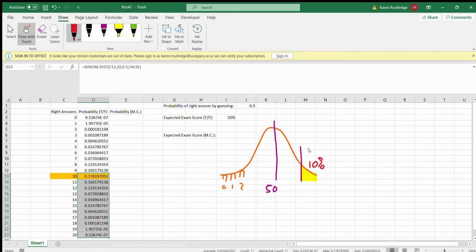So if this looks familiar, it should. This is the same setup that we have for hypothesis tests. And this line here we've been calling a critical value. So it is a distance from our mean that leaves a certain probability. For us, this is exactly what we want. We don't really want a critical value, but we want this kind of thing. We want a threshold, a grade that is a certain distance away from that 50%, where there's only a 10% chance of getting higher than that purely by chance.